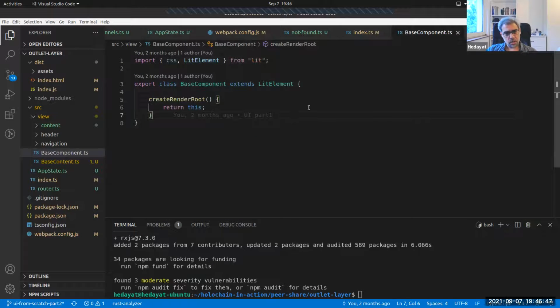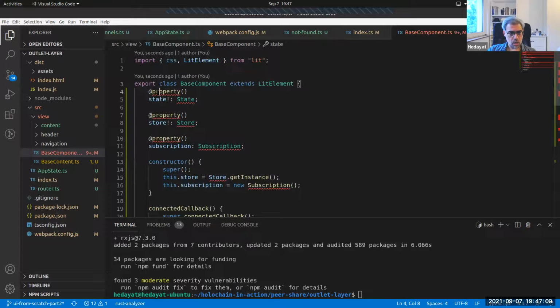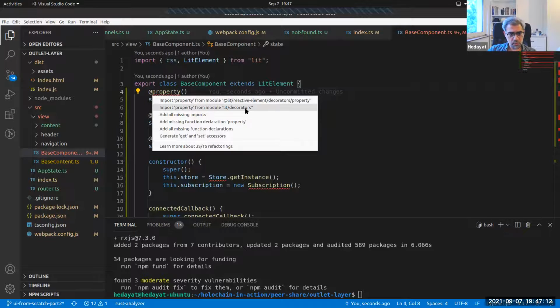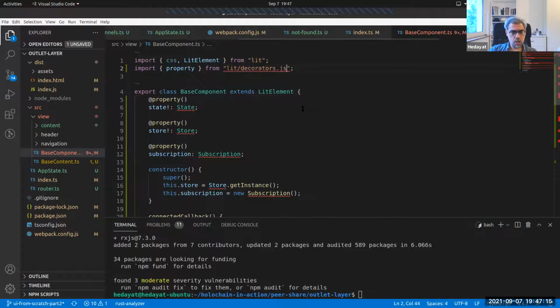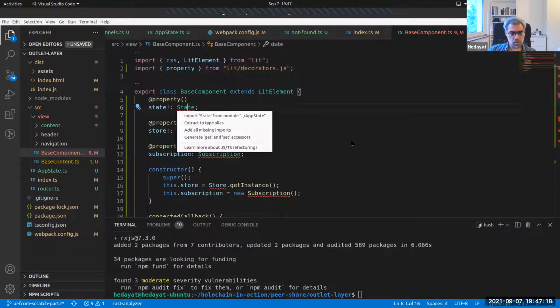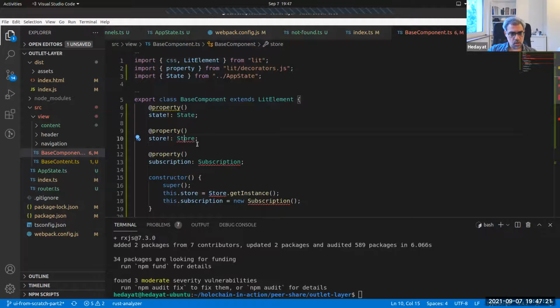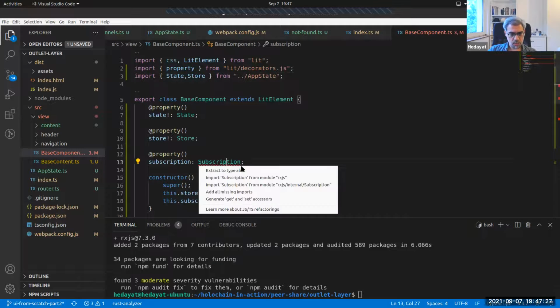So let's change the base content to accept the store, and all other components can easily subscribe themselves to the store. Let me bring the code and then I explain, to save time. So we are going to have some properties from the lit decorator.js: state from AppState, and also store, and then Subscription from RxJS,